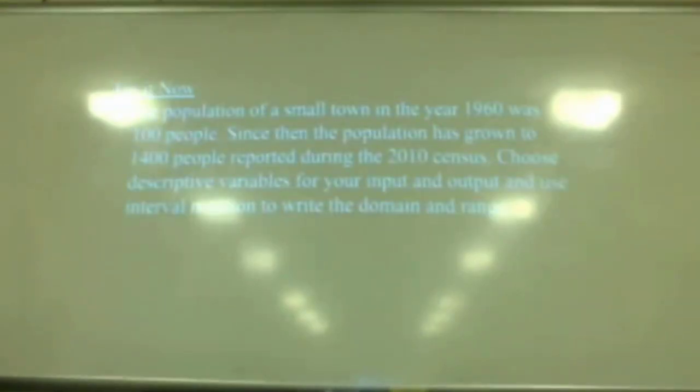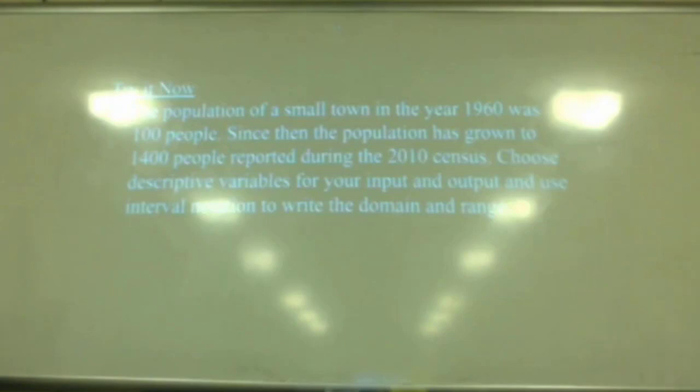So the population of a small town in the year 1960 was 100 people. Since then, the population has grown to 1,400 people reported during the 2010 census. Choose descriptive variables for your input and output and use interval notation to write the domain and range. So